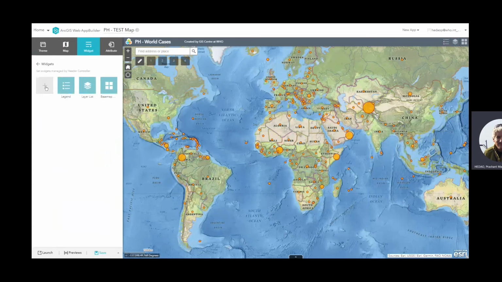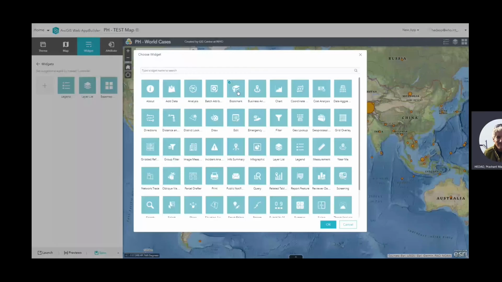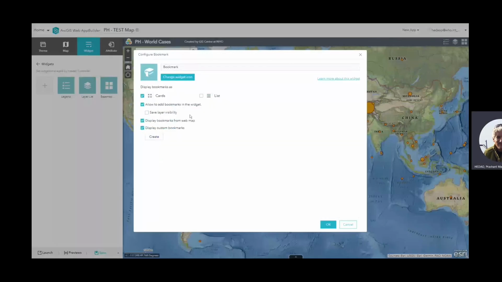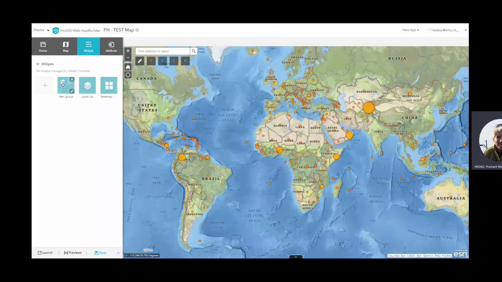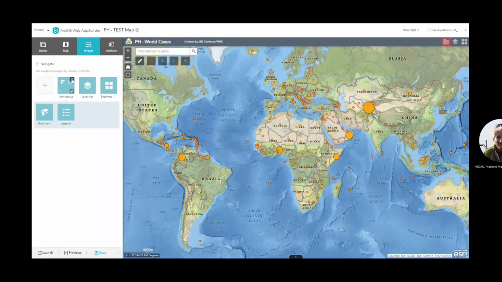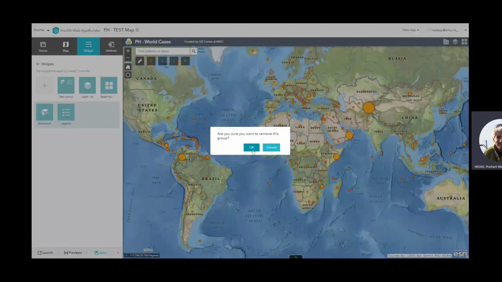I click OK, and it asks me for a map and allow bookmark. It has certain defaults, but I just keep the defaults and click OK. Now it has added a bookmark. I don't like the location of the bookmark, so I'm going to drag this bookmark and put it right here.